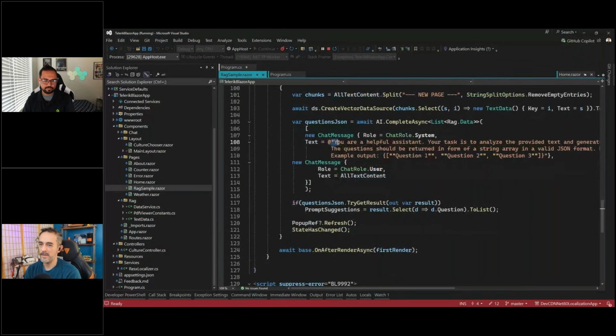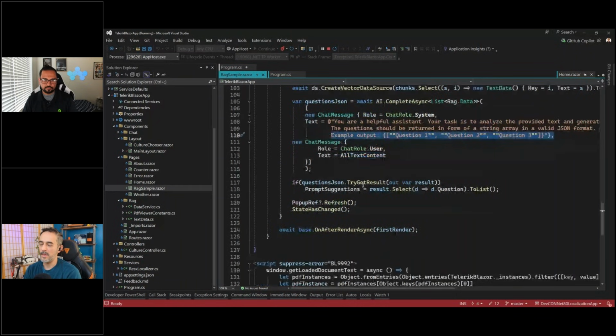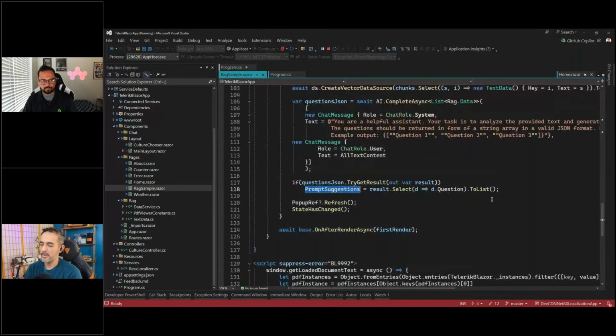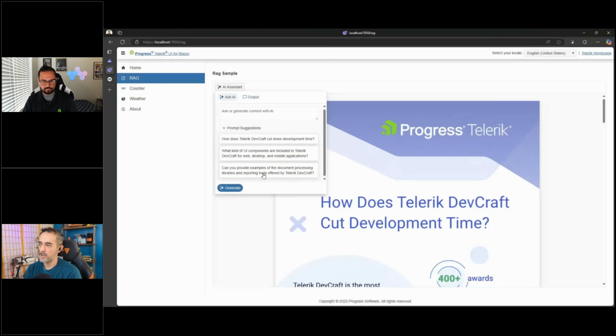And it says, you're a helpful AI assistant. Analyze this text. Give me 3 questions that we can prompt the user with. There's 3 questions. I want them in this format. And we're going to call that method out to our chatbot. And then we'll go ahead and get those prompt suggestions back and throw them in a list. So we'll serialize those back, put them in a list, and when we do that, they show up here in